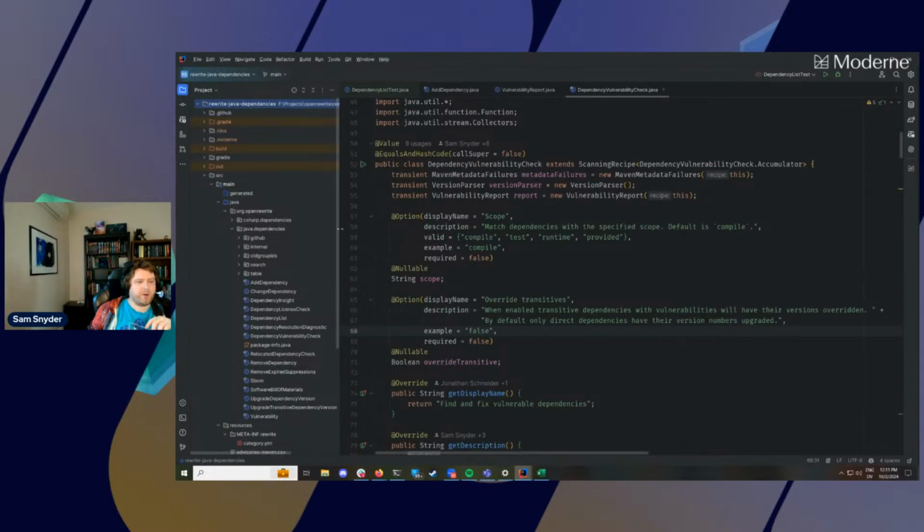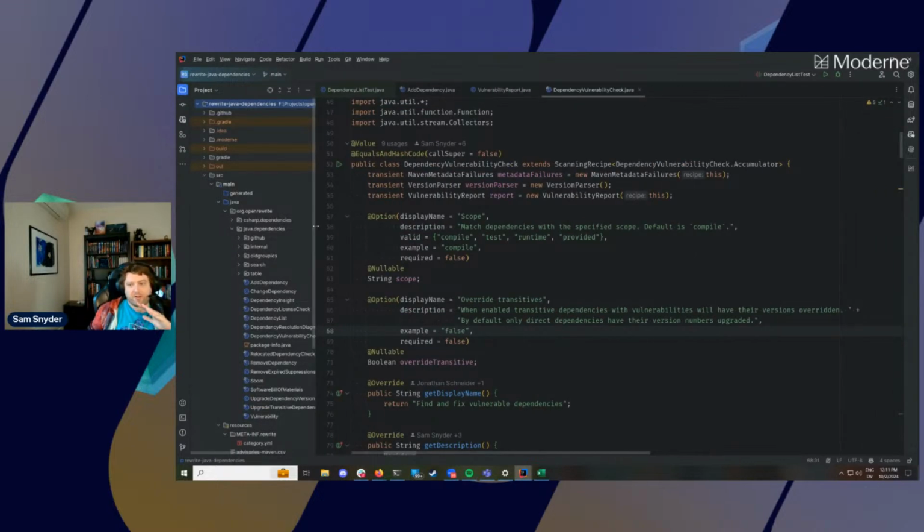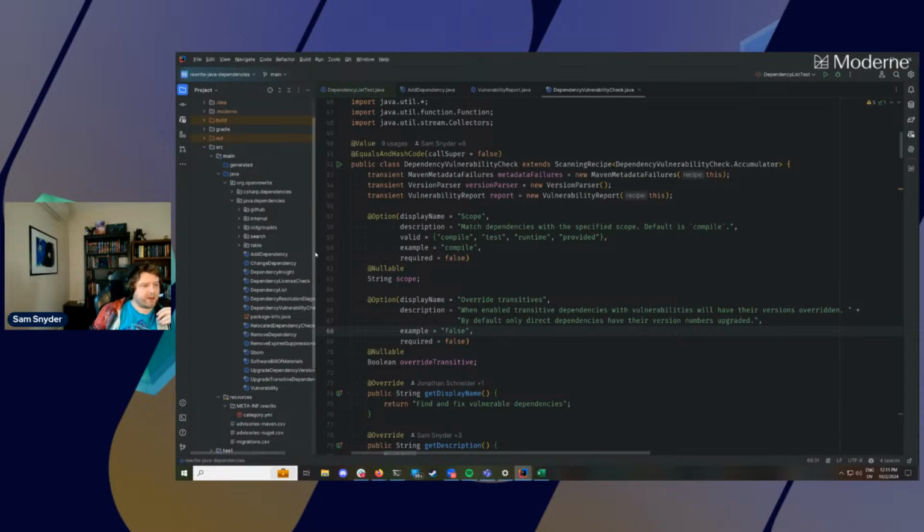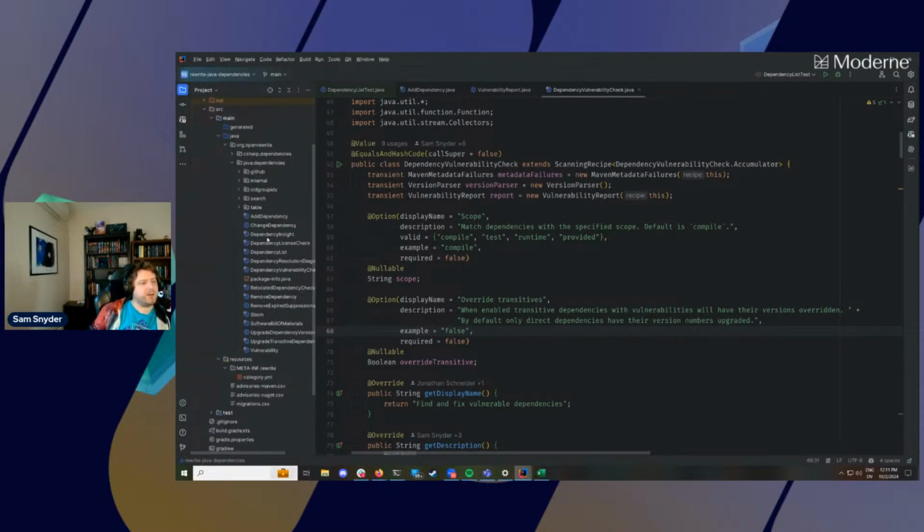I would say that all of these dependency databases contain information from each other. They certainly all contain information from the National Vulnerability Database, the NVD. So the differences are probably not going to be huge if you were using a different vulnerability database from this one, but it could be a source of friction in a conversation that you might otherwise want to go more smoothly. So before we talk about the implementation of the recipe itself, let's talk about where the data comes from, because having up-to-date data for this is really one of the most key things.